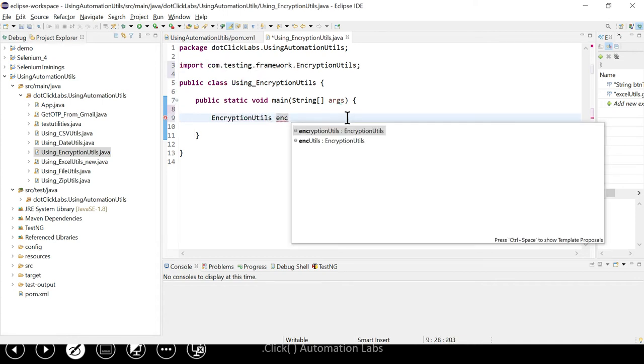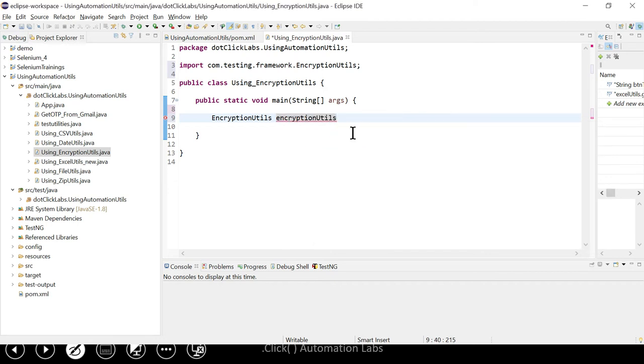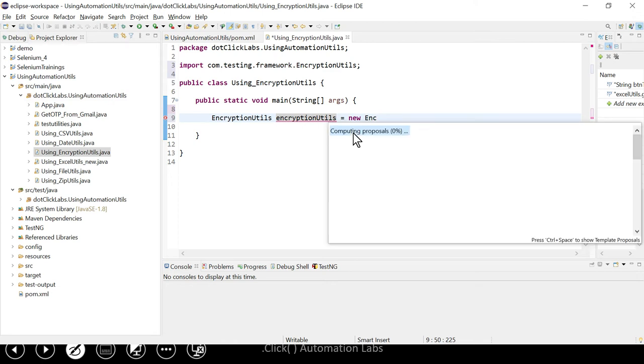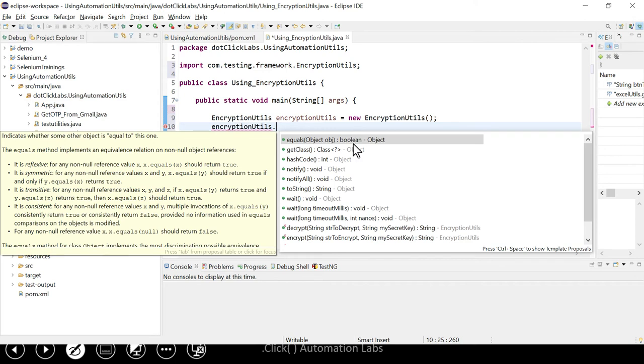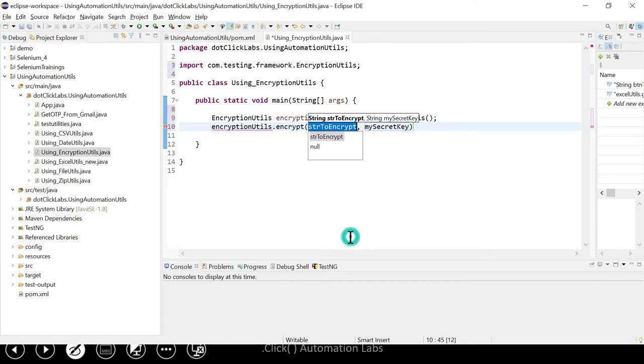And you can say encrypt utilities or encrypt whatever. You just give the object name equals to encryption utilities. Okay, guys. So now encryption utilities dot. First, encrypt whatever you wanted to encrypt. So to encrypt it, what should I do? You need to pass your exact password.